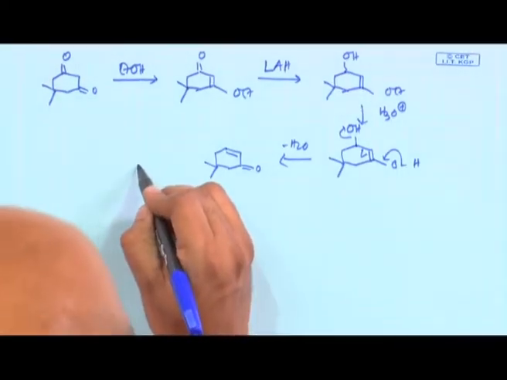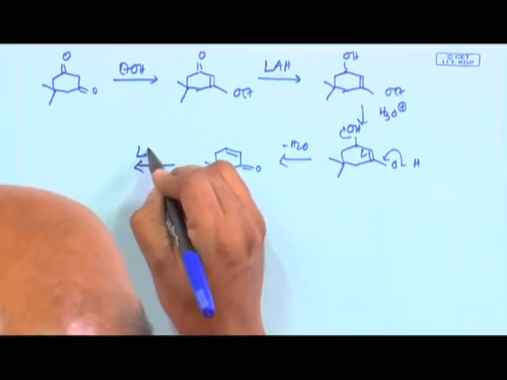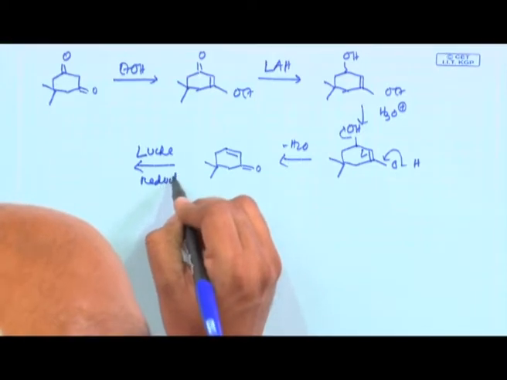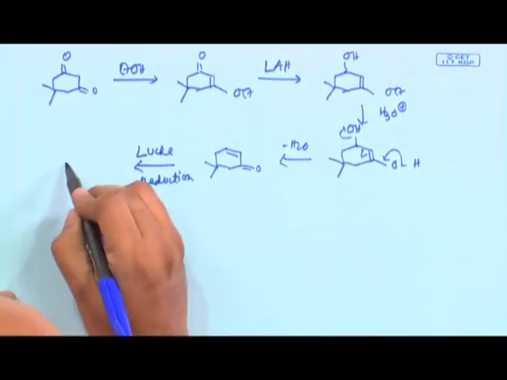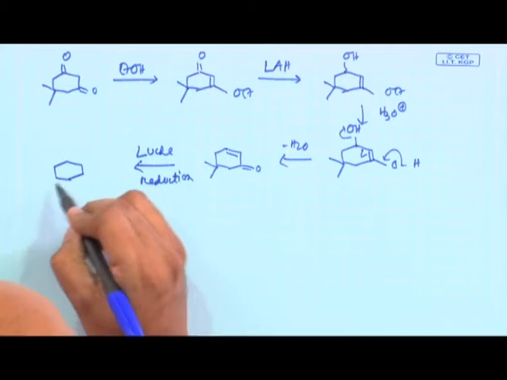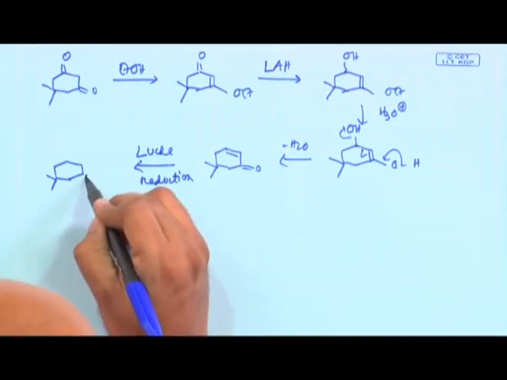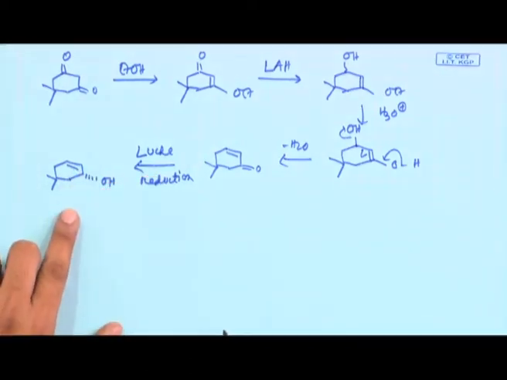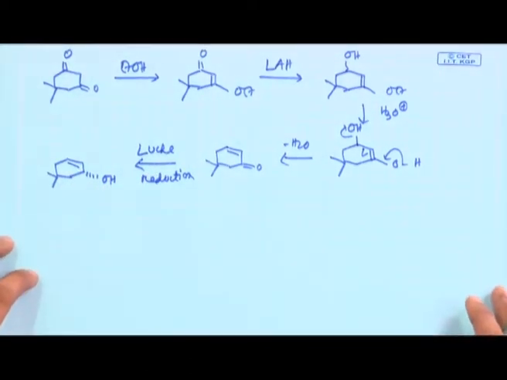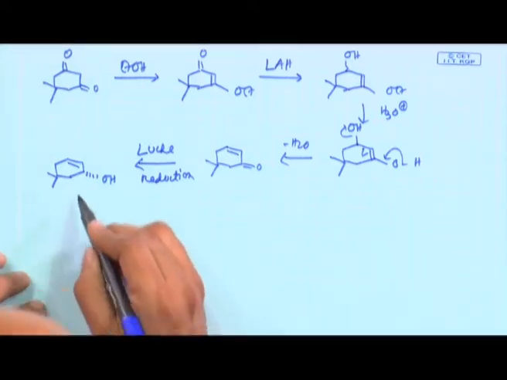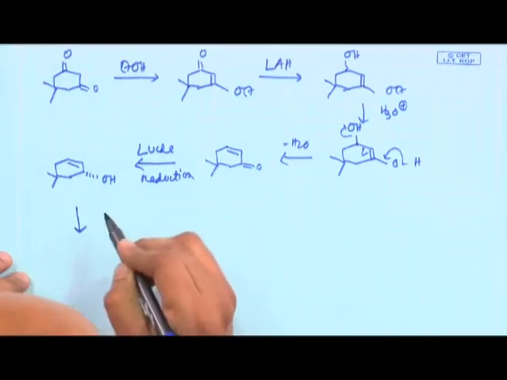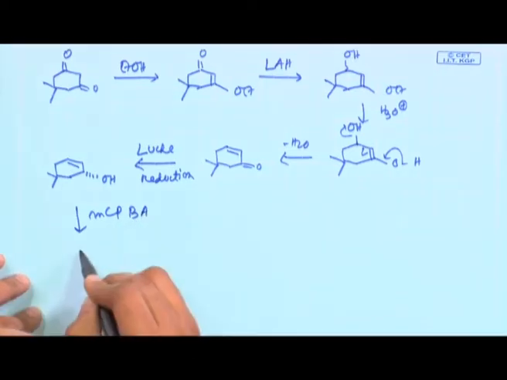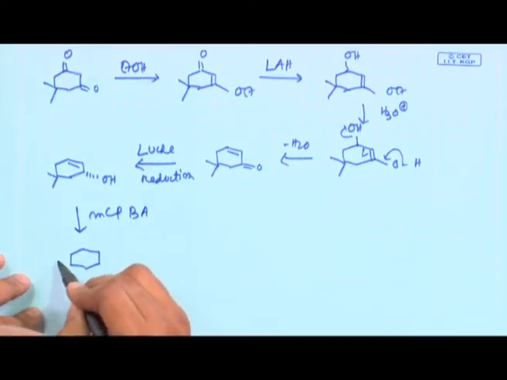So, now you do a Luche reduction, which is already explained to you, sodium borohydride, cerium chloride. In principle you will get both the enantiomers, meaning this OH above or this OH below. You can take both the enantiomers depending on your choice. I will take only one enantiomer. Now, this compound when you subject it to mCPBA epoxidation, you will end up with